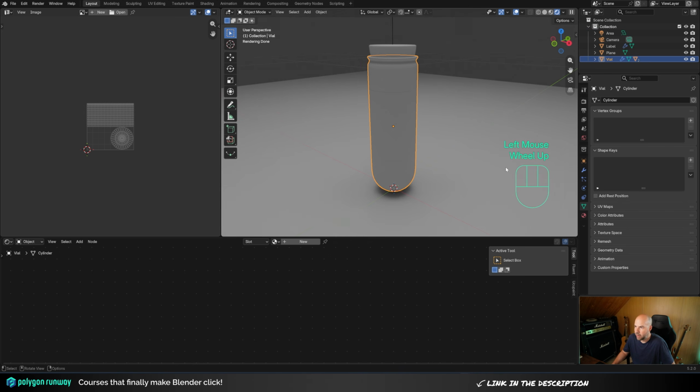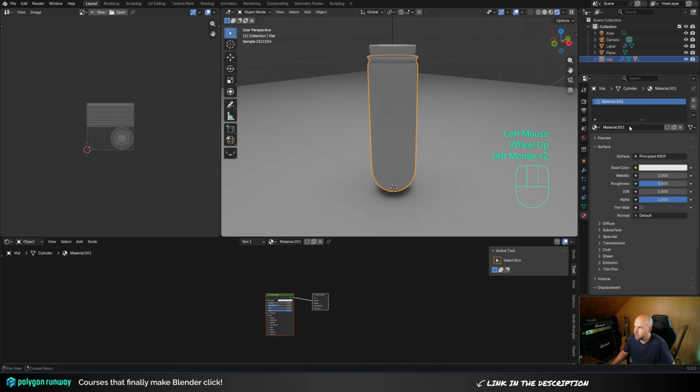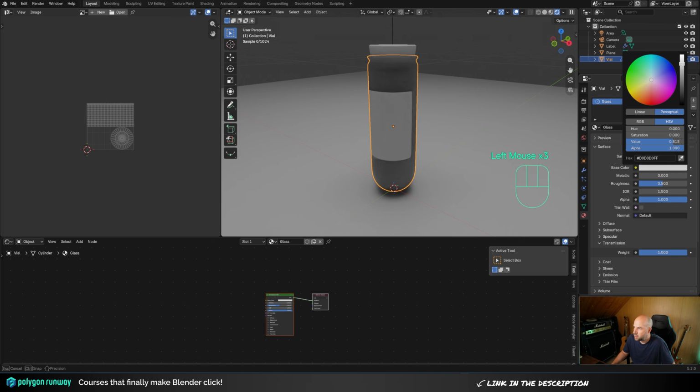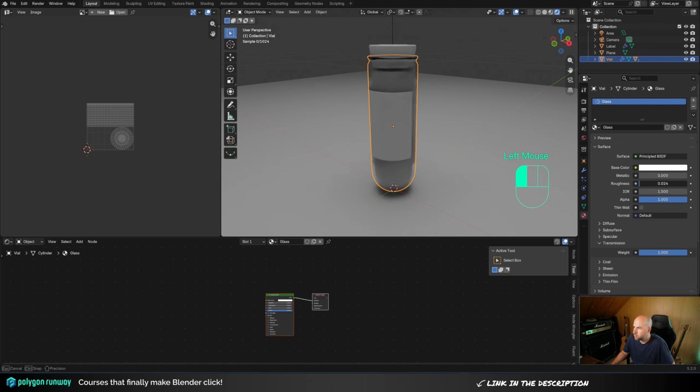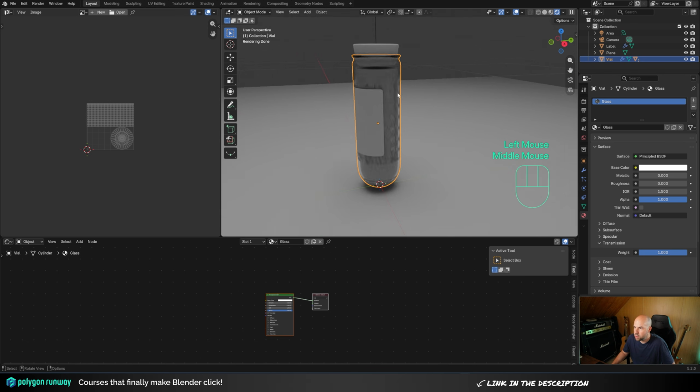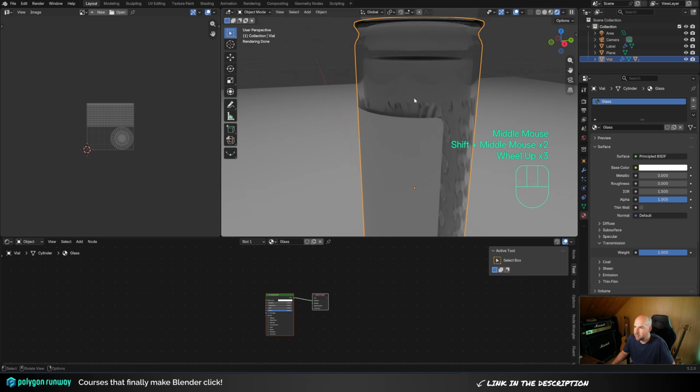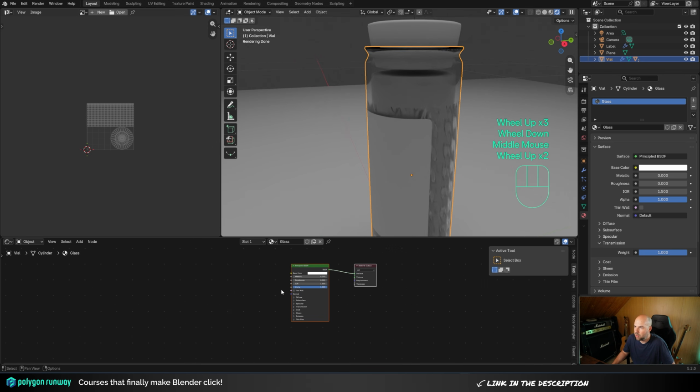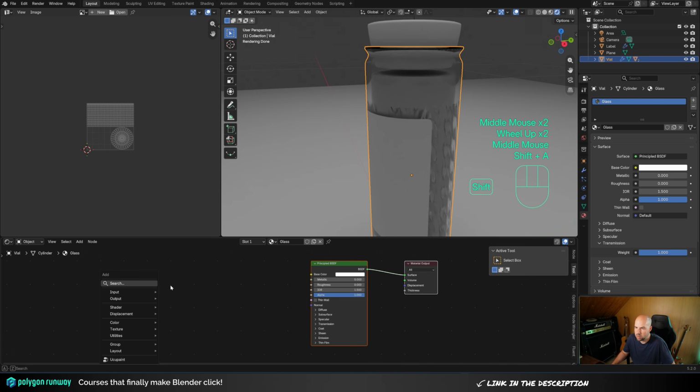And now let's select the vial, and in the materials let's create a new one. Let's call this glass, and let's just increase the transmission all the way to 1, and let's make this a little bit brighter here, and let's reduce the roughness. Of course, the roughness is never uniform like this, and if you want to make this look a little bit better, here in the shader editor, just press Shift A, search for noise, and you can hold Ctrl Shift and